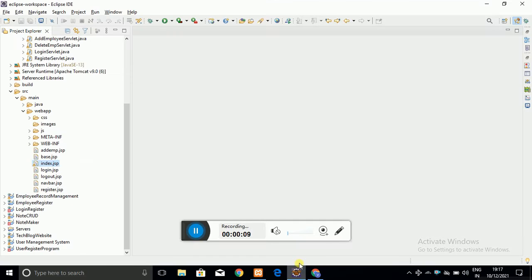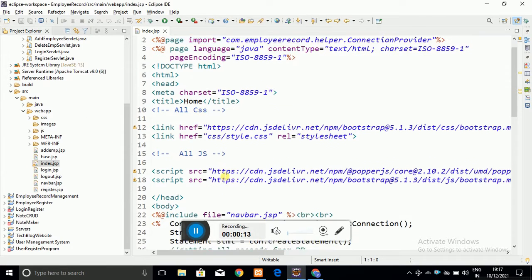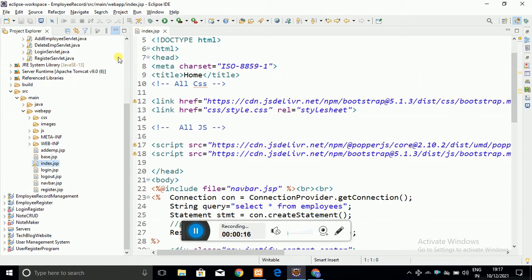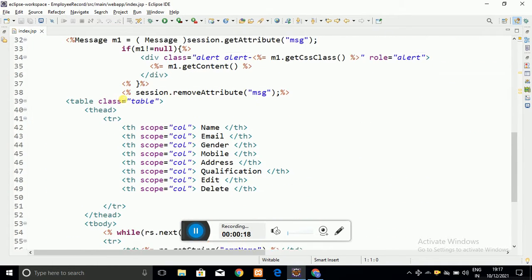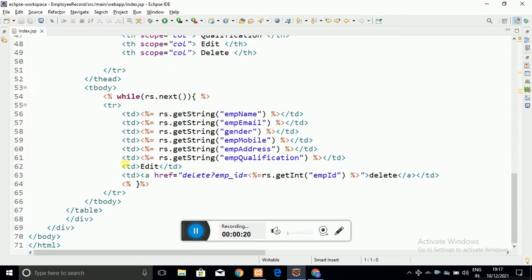In today's video, I am going to create the edit module. First of all, you can see that I have opened the index.jsp page in front of you, and here I have created the link, as you can see, by creating the delete module. In the same place I am going to create an anchor tag to navigate to the edit.jsp page. This is the page where I am going to navigate by making use of that link.